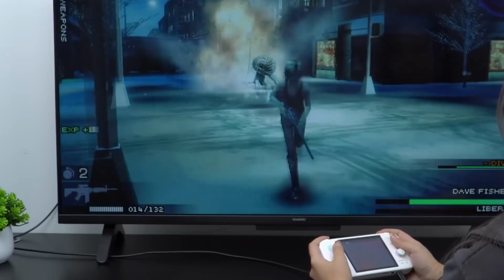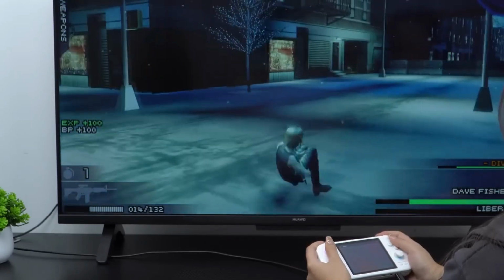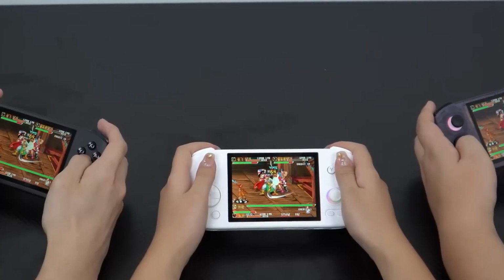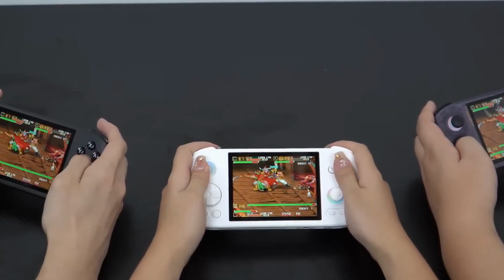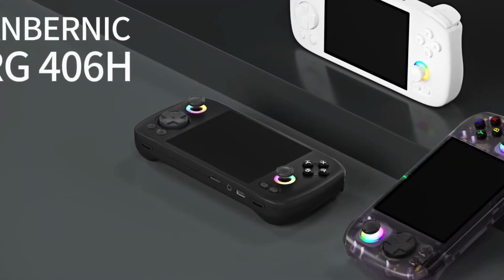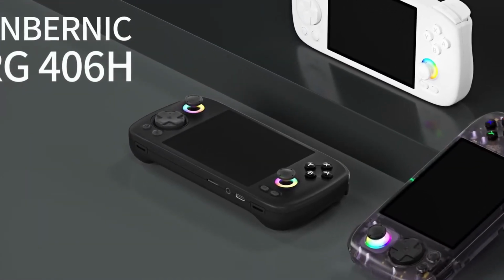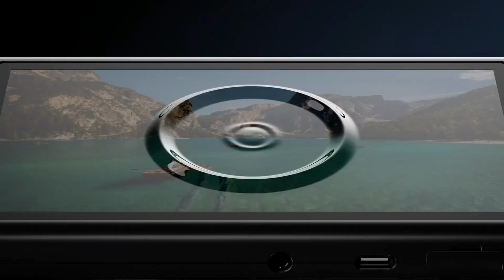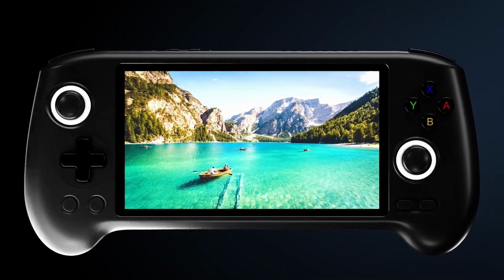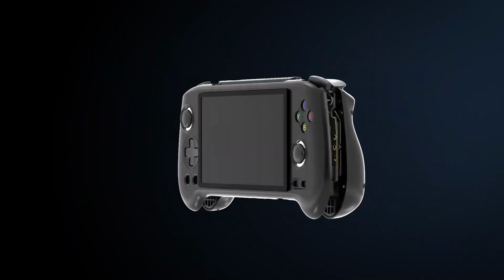But generally speaking, I think this device will hold up quite well in terms of the greater emulation market. The T820 chipset is a pretty comfortable spot to be in. You don't really need to upgrade from anything around that power level. There hasn't been really anything worthy of the upgrade, nothing that's shown to have any substantial improvements or quality of life features that might warrant it. So if you wanted to invest into an emulation device, the 406H might be a pretty decent one to go